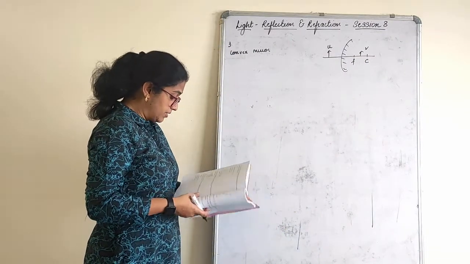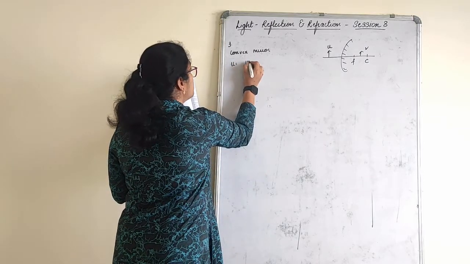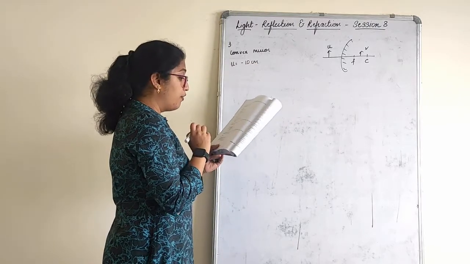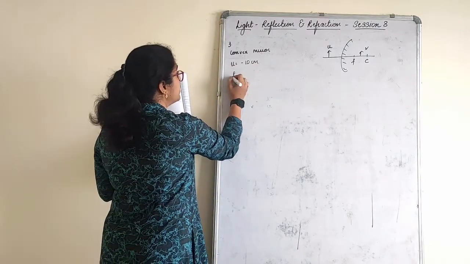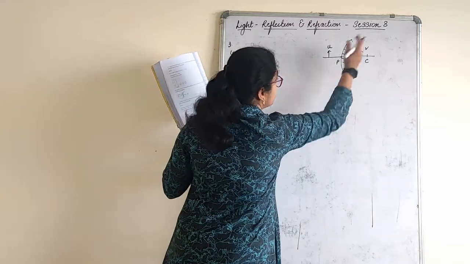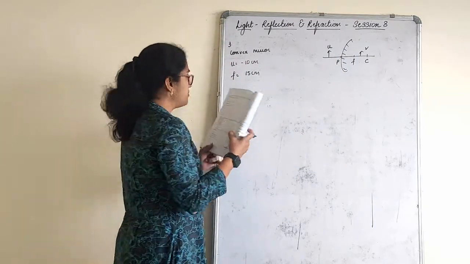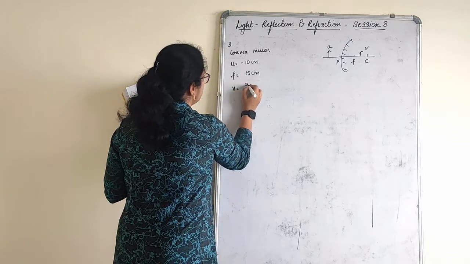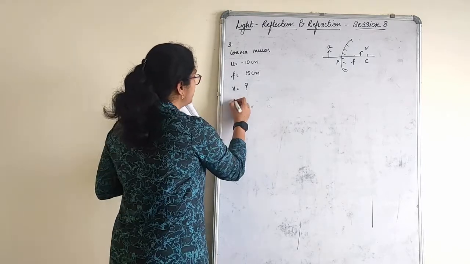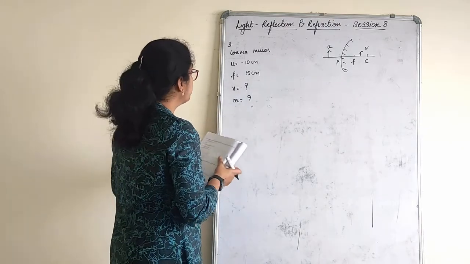Okay. So an object is placed 10 cm from the convex mirror. So U is equal to minus 10 cm. The focal length is 15 cm. F is equal to 15 cm. Focal length is positive because it is to this side of the pole. Find the position and nature of the image. That's all they have asked. Very simple. Nature they have asked. We have to find the magnification. That will give us the nature. A very direct question. Let's quickly start with this.